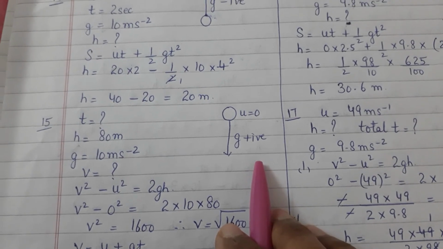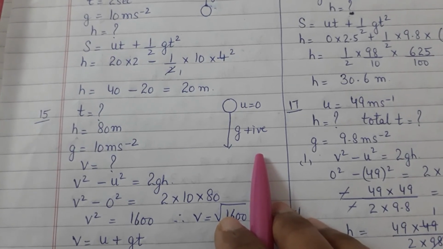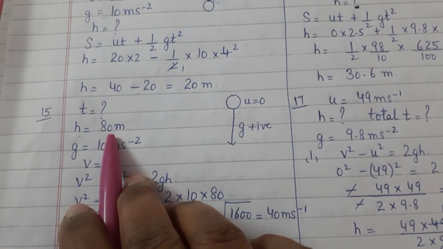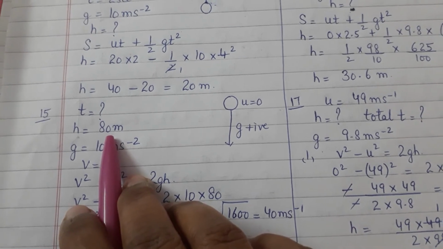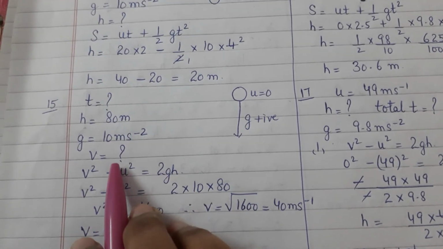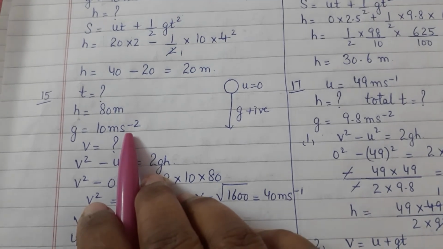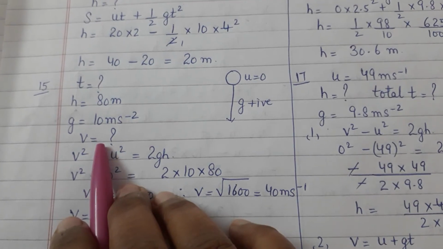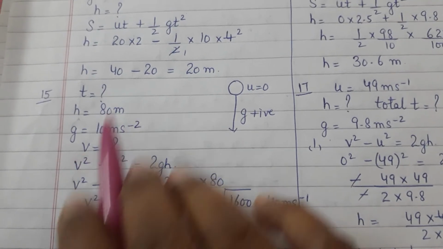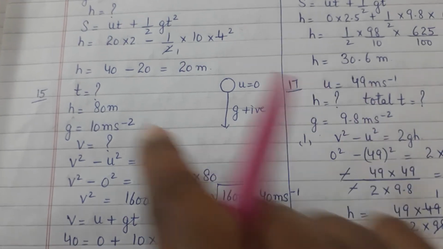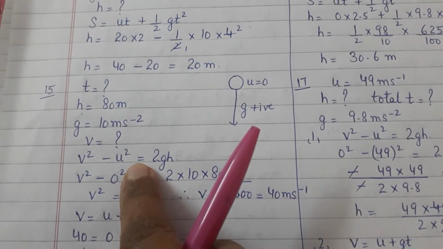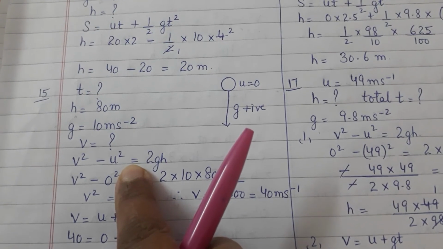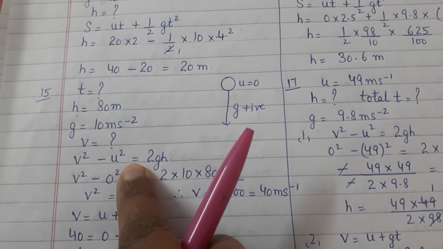Okay, so it is given that how long will it take to fall to the ground from the top of a building whose height is given to be 80 meters, and also what are you supposed to find out? You are supposed to find out the value of t, and the value of g is given to be 10 meters per second square. Now, as we need to find out the value of t, I cannot use any equation which has a t in it, right? So, I'm going to use the third equation of motion which does not have the time factor in it. So, it will be v square minus u square is 2gh.